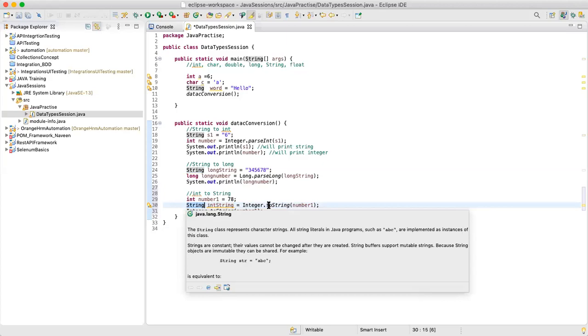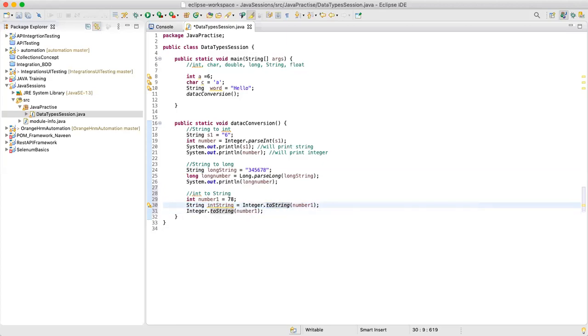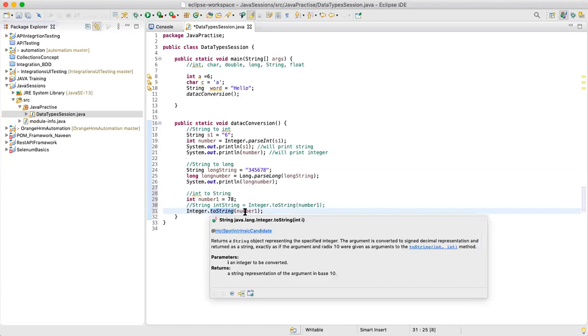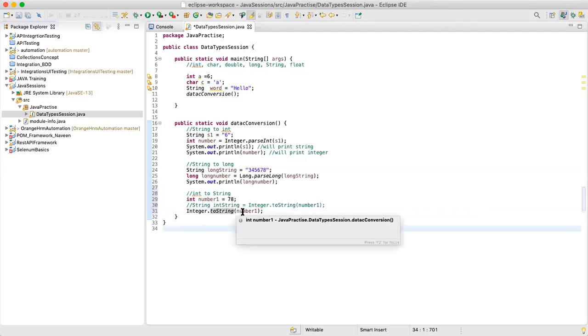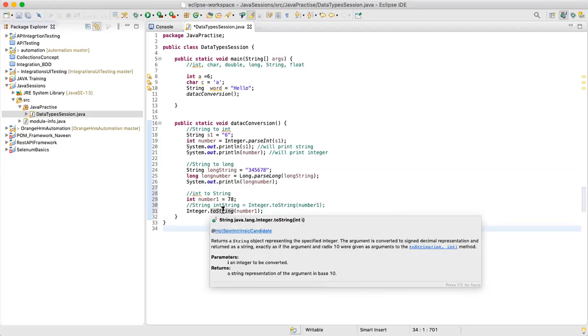It should be a string. So instead of this, the method which I prefer is, I know that we have a class Integer, and I want to convert this number to string. So I know there is a method called toString. So this is the learning process. Now I know Integer.toString is accepting an integer number, so this we have given. Now I have to save it somewhere. So I'll just hover on this, and I will say this is returning me a string representation.